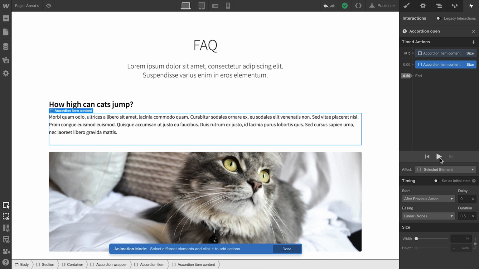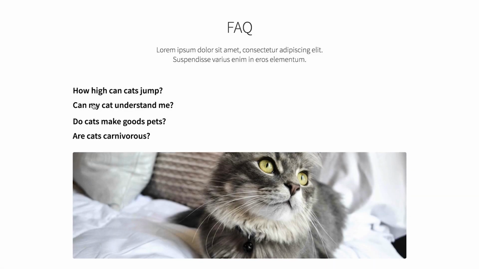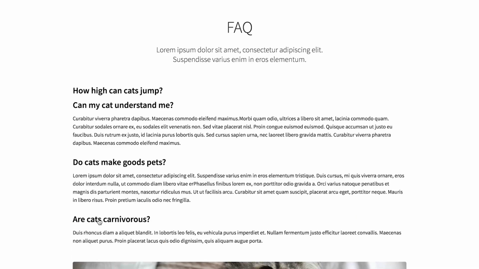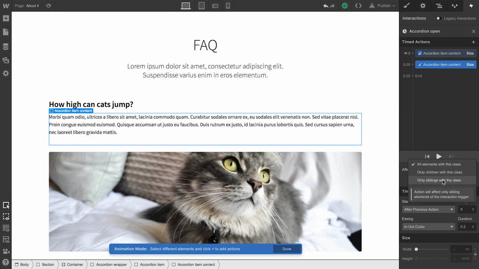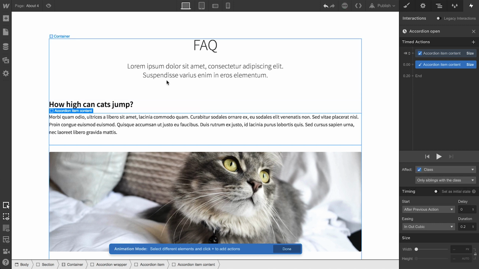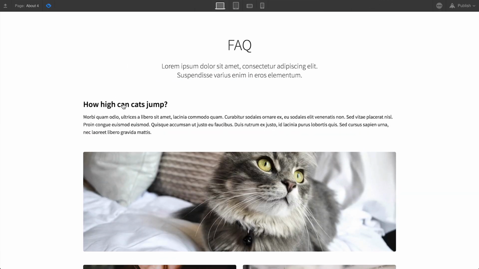Auto, of course, meaning the size is set based on the content inside. Let's make a quick change to easing so we can have a bit of a smoother animation, and we'll speed it up. 0.2 seconds should look good. If we hit play, we can see everything looks much smoother. And one last thing before we're done here, let's not just affect this one element, this one accordion item content div block. Since we plan to have a ton of questions and answers, a ton of accordion items, let's affect all elements using this class. And since the trigger and the content are siblings, we can only affect siblings with the class. Otherwise, pressing on one question would show all answers to all questions. If we go to preview mode to check this out, we can see that clicking on the question works perfectly.